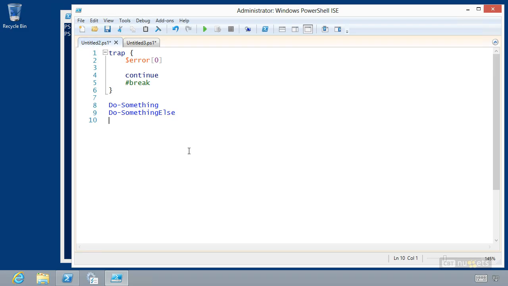The whole back and forth in the way that scope plays into this thing makes trap really difficult. It also makes it a little bit hard to handle multiple different types of errors because you sort of just have this one high-level error thing. If we had a problem here, this would execute. If we had a problem here, this would execute. So there winds up being a lot of logic in here to figure out what went wrong and what you want to do about it, which is why try-catch is so nice, because with try-catch,